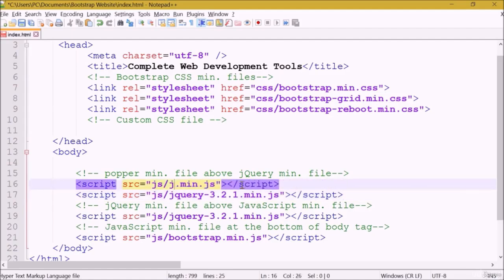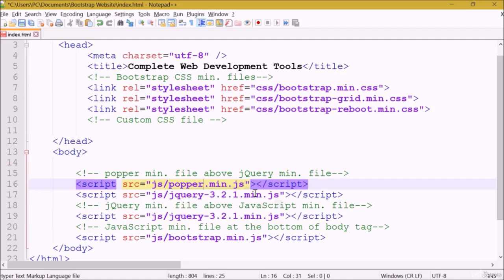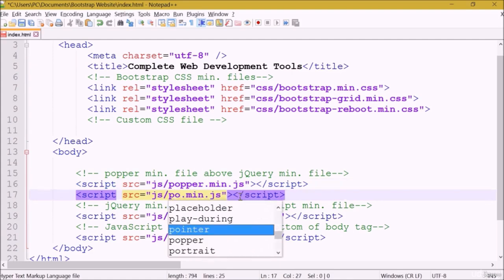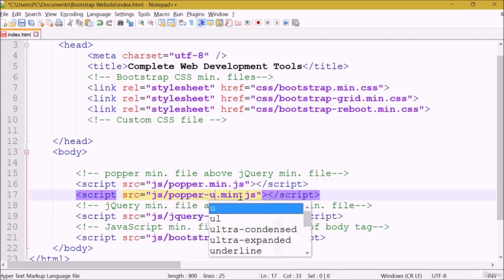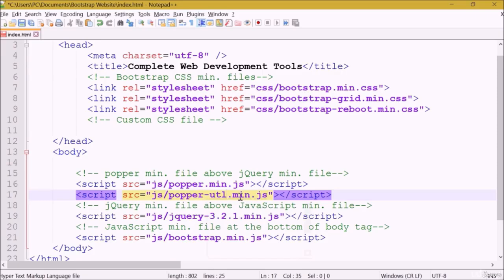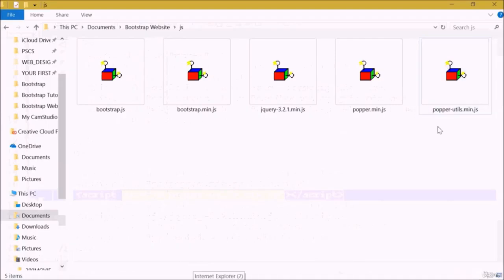I'll change the jQuery to popper.min.js, and I'm going to change this to popper-utils.min.js. So let's check it out to make sure that we're not running into any problem. Consider popper-utils.min.js and